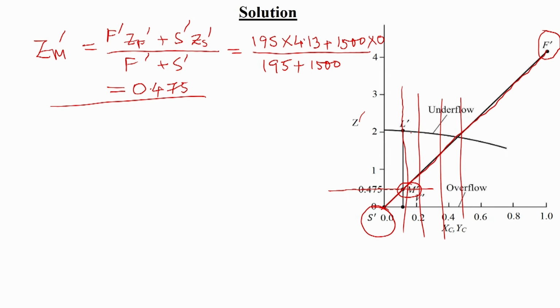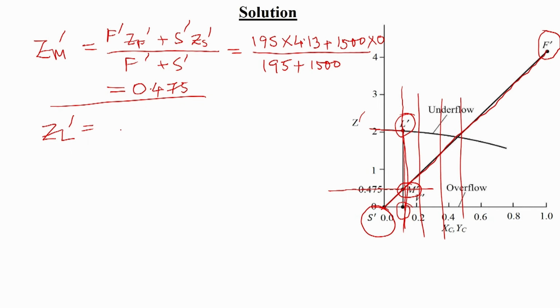Okay. So, now we need to draw this vertical line through M prime, that is lying in between S prime and F prime. Okay. So, then we will be getting this L prime and here this V prime. Okay. So, now we will be getting this V prime and L prime. Okay. So, there we will be getting this Z L prime, that is just above these 2,